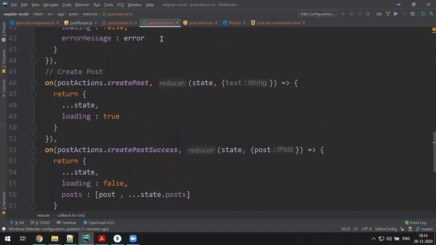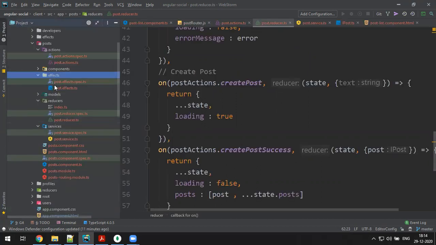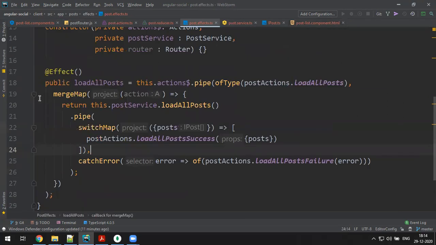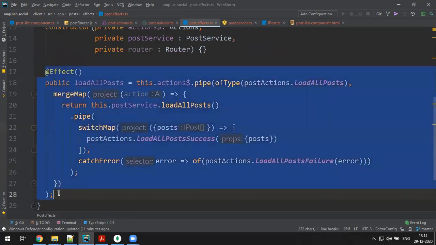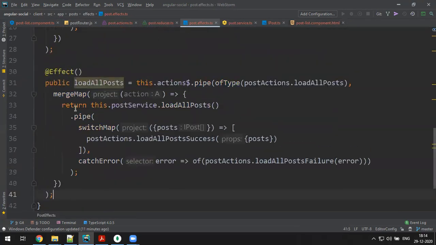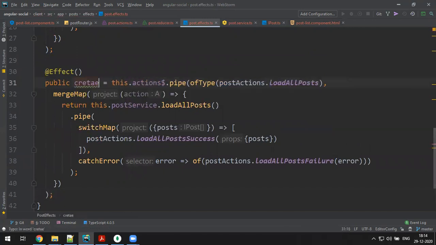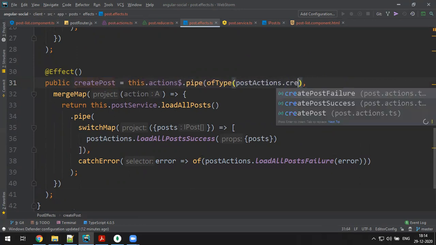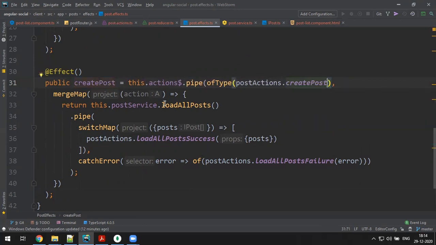So we are done with reducer, action and services. Move on to effects. So post effects here. I create an effect for create post, copy. This will be create post. So this will take create post and postService dot createPost, and this will take action dot text.